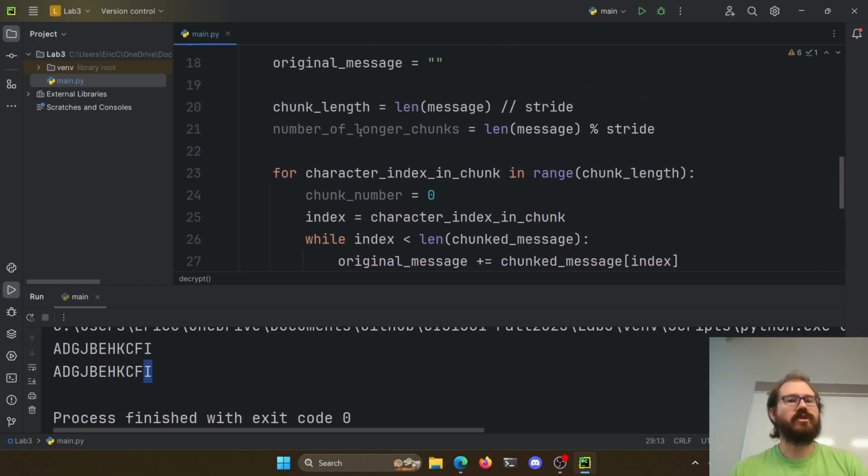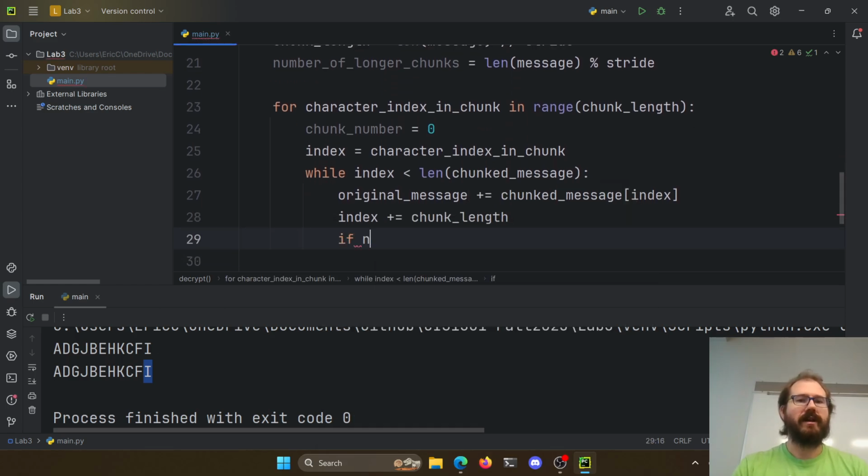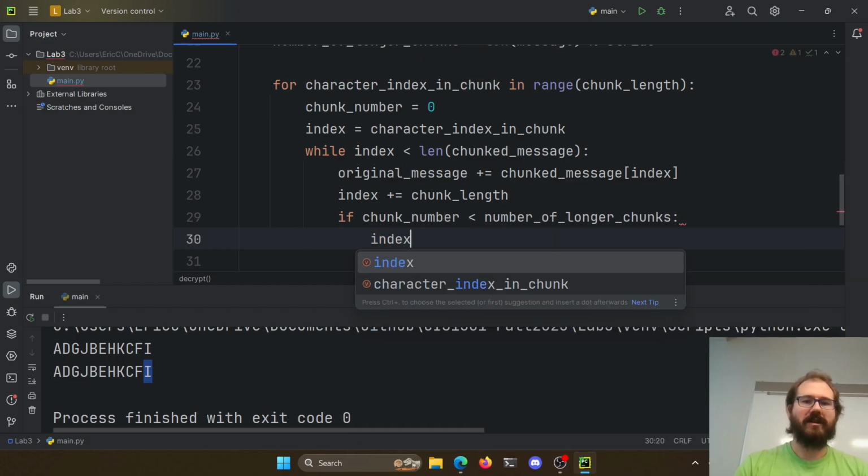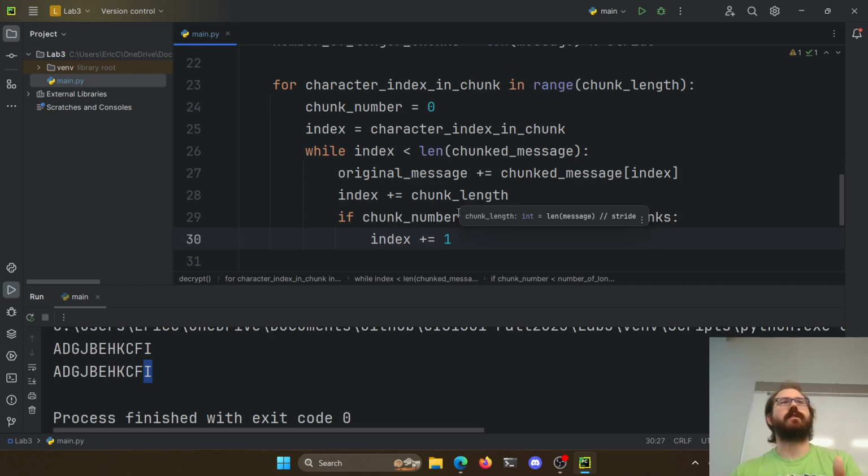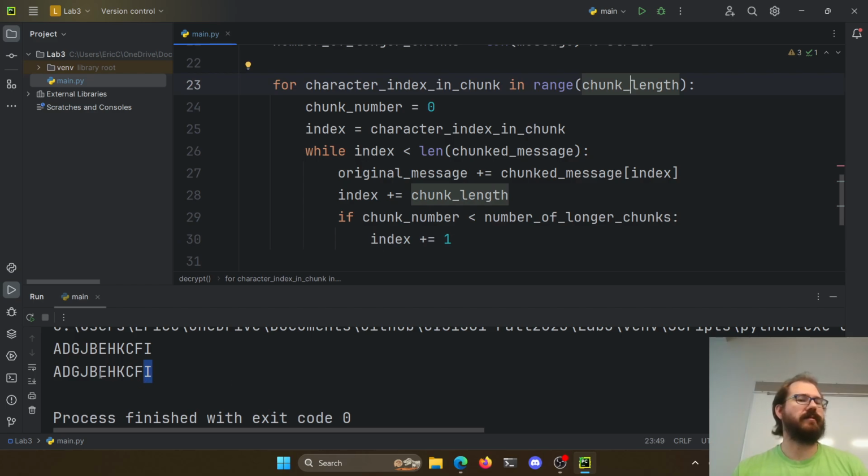Now the problem is some chunks are longer than others. So if my chunk number is less than the number of longer chunks, I'm going to take my index plus 1 extra. So if there was a remainder and my chunk number is less than that remainder, I need to add an extra letter, right? Because chunk length was 3 when I gave it 11 characters. I can't just go from here and jump 3, right? Because then I'll be at the J. That's incorrect. I know that this chunk is longer because it's less than the remainder. There was a remainder of 2, so 2 chunks are longer, right? So my chunk number, if it's one of the longer ones, needs an extra character,